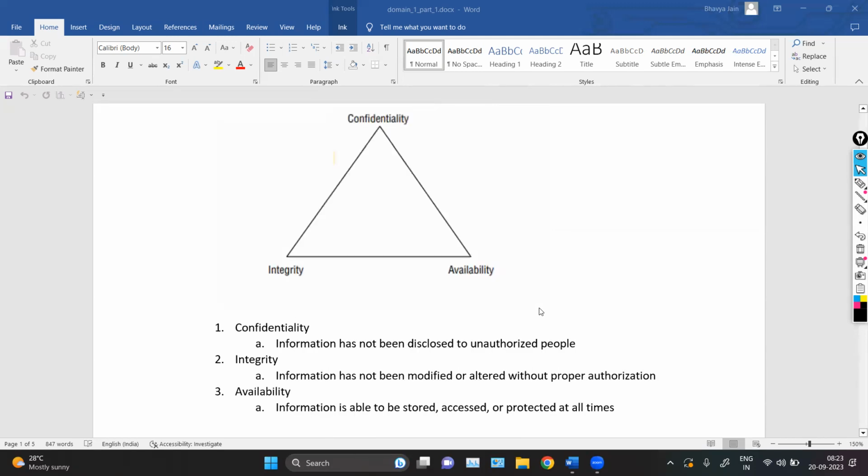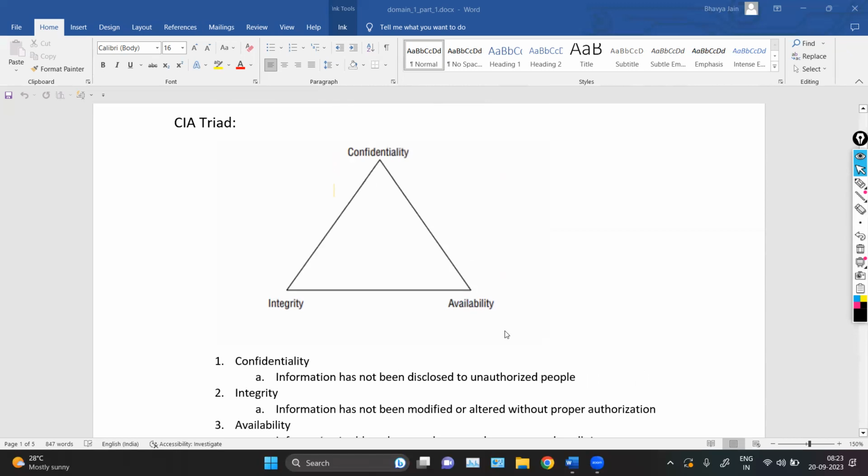So these are the three basic pillars of cybersecurity which we have to ensure. Whatever security method, protocol, or strategy you are following, this is all about the CIA triad only. The CIA triad is the base of cybersecurity. Without CIA, you cannot apply security, because CIA is the base. Whenever you are applying security, just remember this base, which you have to ensure at any cost. This is the foundational concept of cybersecurity.